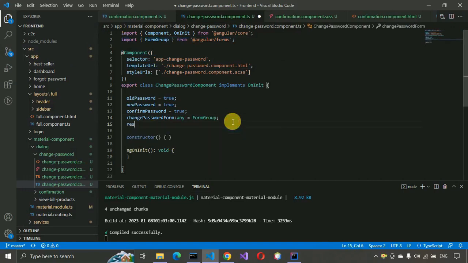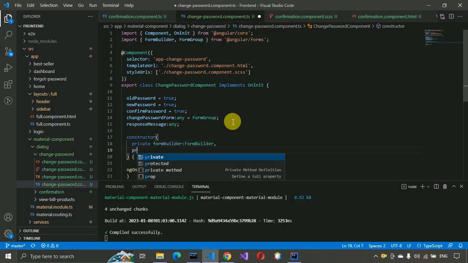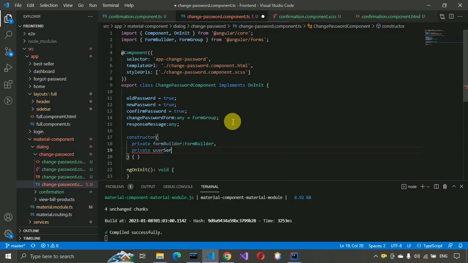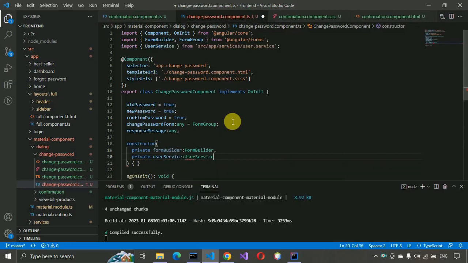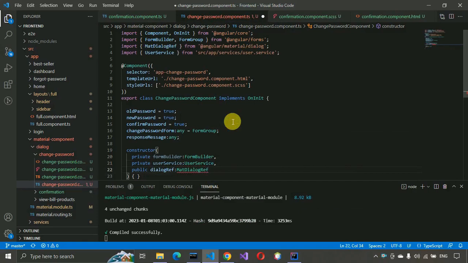and response message any, and here we have to write private form builder, this one, and private user service, this one, and public dialog reference, and mat dialog reference, this one, and we just need to pass the change password component. Let me move a little bit up this one,